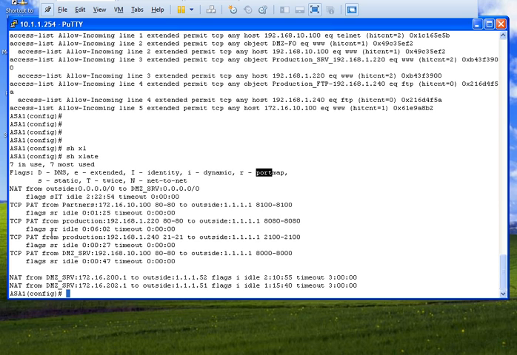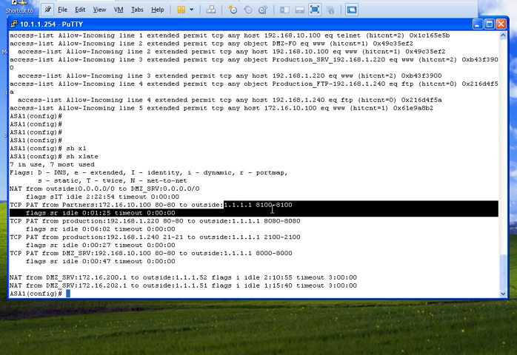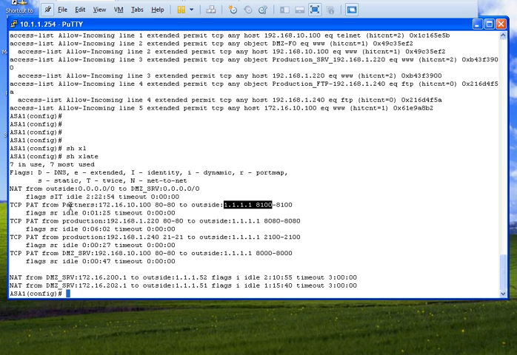Okay, so if you access any server on 111.8100, you reach this server on port 80, which is in partner zone. If you access the same IP but on port number 8080, you reach a web server which is in production zone. If you access the same IP 111 but port number 2100, you reach the FTP server of production zone. And same is here, if you access 111 on port 8000, you reach